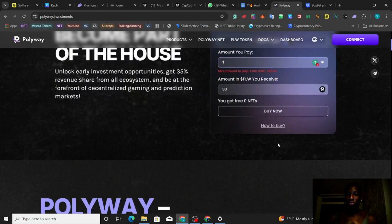And it explains to you here how to buy. We won't click on that right now, but it basically walks you through all of that. You can click on that yourself. You just simply need to connect your wallet with an ERC20 compatible wallet, mainly MetaMask, so that's the main one